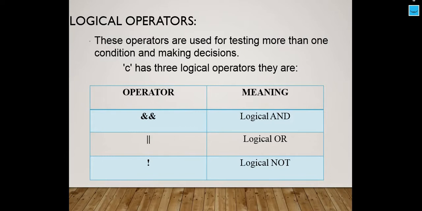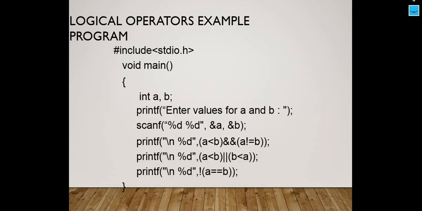Now what is logical NOT doing over here? If we talk about the logical NOT operator, suppose you have stored some value in some variable and you are putting a NOT in front of that, or let me put it like this: if there is an expression and you are putting NOT in front of that, then you are negating that expression. Let me discuss these with an example. So this is our example.